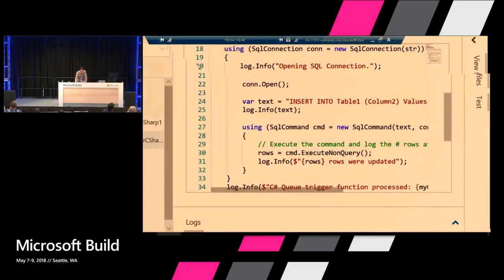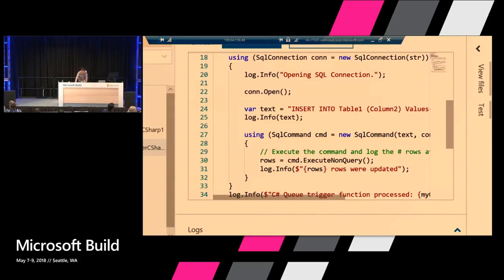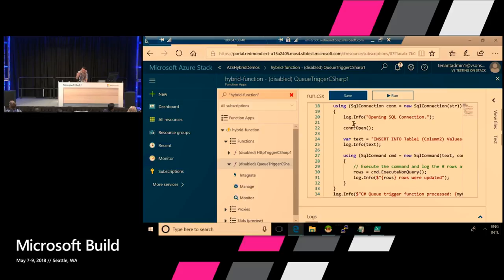And here you see our lovely SQL statement. I'm alluding to maybe an existing SQL system that you already have on-prem. So we have a function that, when it's called, persists data on SQL Server.